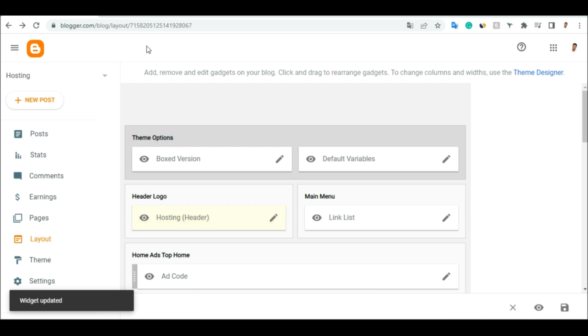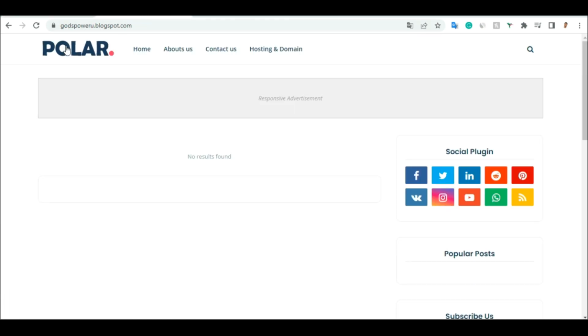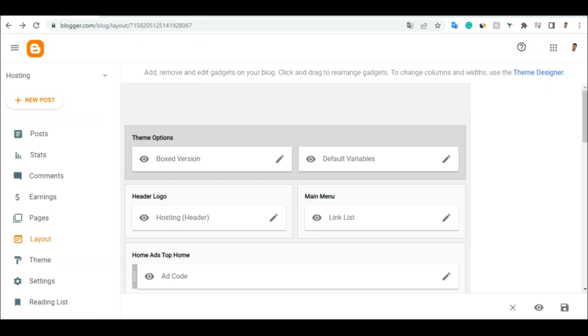Once we click on save, we have to go to our website. This is how it looks now, so let us refresh it. Voila, we have our logo now displaying on our website, and we need to remove this favorite icon. You can see it's showing the Blogger favorite icon here. To do that, we go back to our dashboard here, and we need